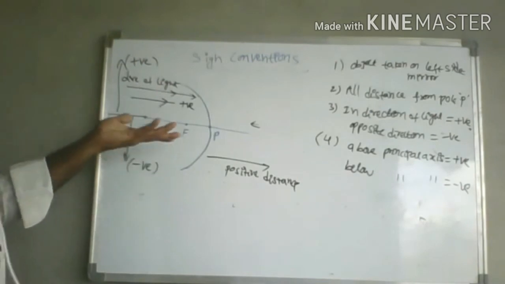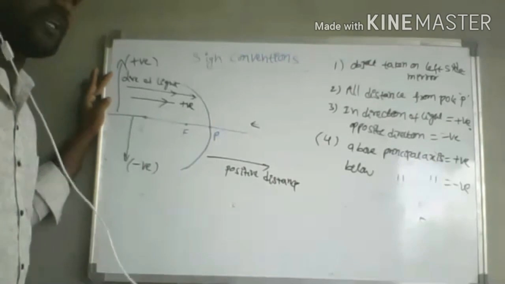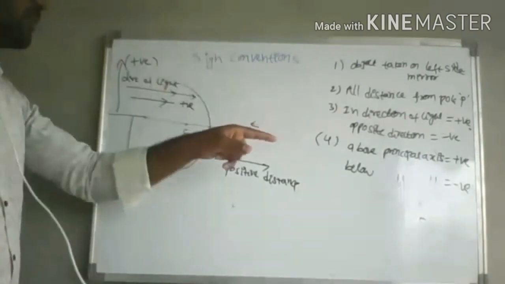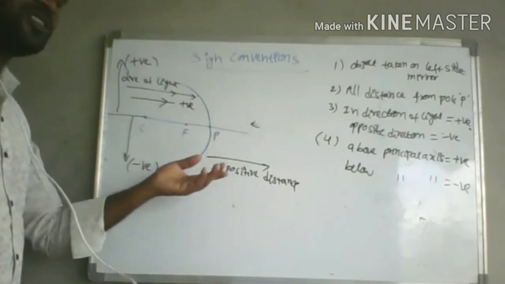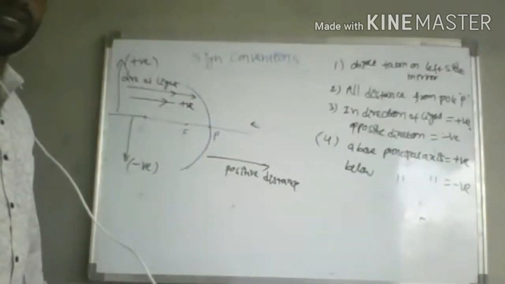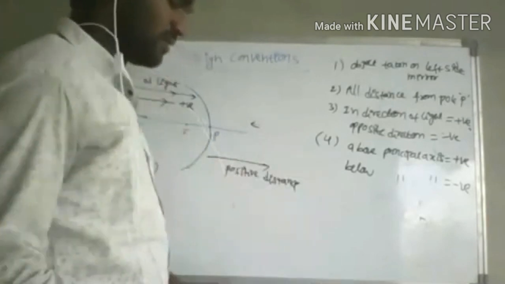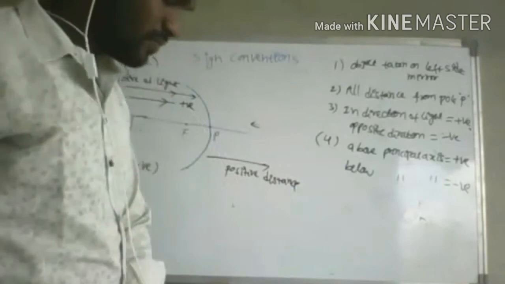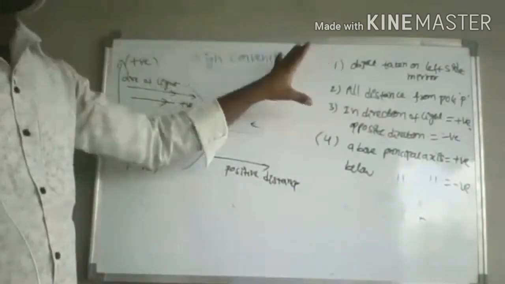If it is 20, then the height of the object is given to you as 20, so the height of the object we can take as positive. If below, sometimes we get the image below the principal axis. At that time, it is taken as a negative value. Clear? So next one. Enough, 4 points. Understood these 4 points. These are very, very important.